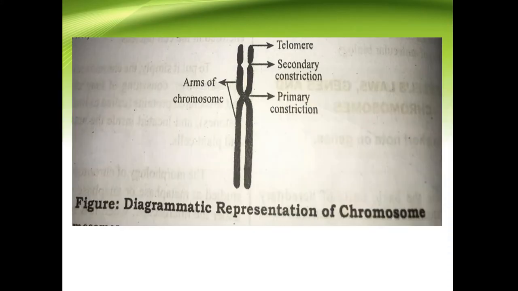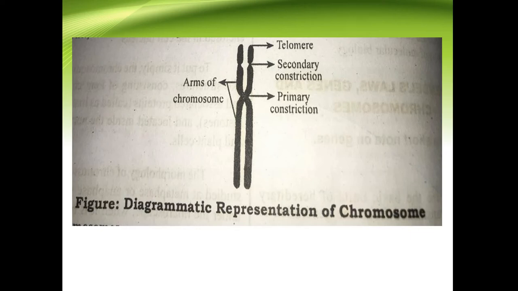So, these chromosomes are located inside the nucleus of the animal and plant cells. Both animal and plant cells will have a nucleus. We have discussed these cells in our previous classes. So in the cell, the nucleus will be present. We have already discussed this. In the nucleus, these chromosomes will be located.